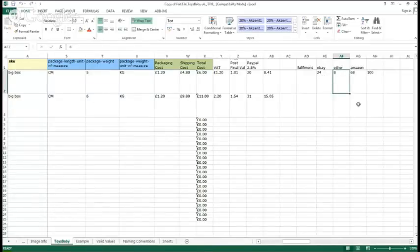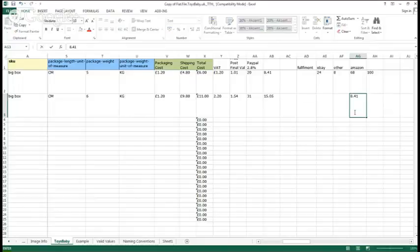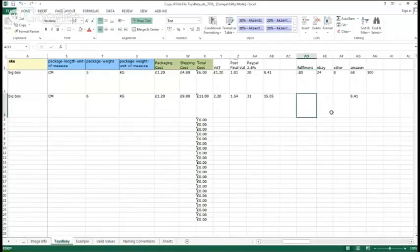What I need to know now is if Amazon are going to charge me, for argument's sake, £8.41, and they put a fulfillment surcharge on of, let's say, 80 pence, then for me to send my eBay ones, that is going to cost £9.21. Hopefully you're following this. I'm not jumping too far ahead of the game. Now I've got to work out what my mean average is. I would say I've got £8.41 times 68, so 68 times £8.41. That gives me